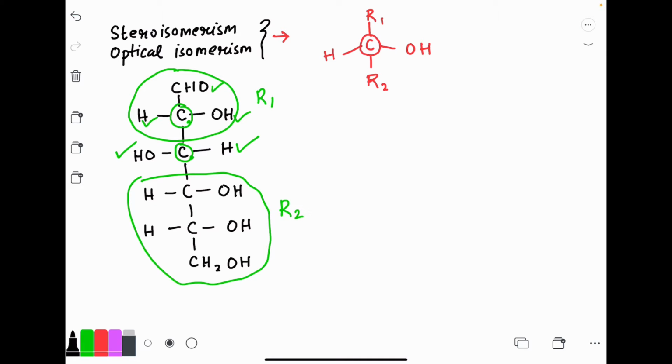So now, stereoisomerism, what are the different types of stereoisomerism? What this means is that in stereoisomerism basically the orientation of groups is different around the same central atom. So for example, in stereoisomerism the orientation of the H and OH group will be different around the central carbon atom, but the molecular formula will be the same, only the spatial configuration will be different. Stereoisomerism is now of several types.